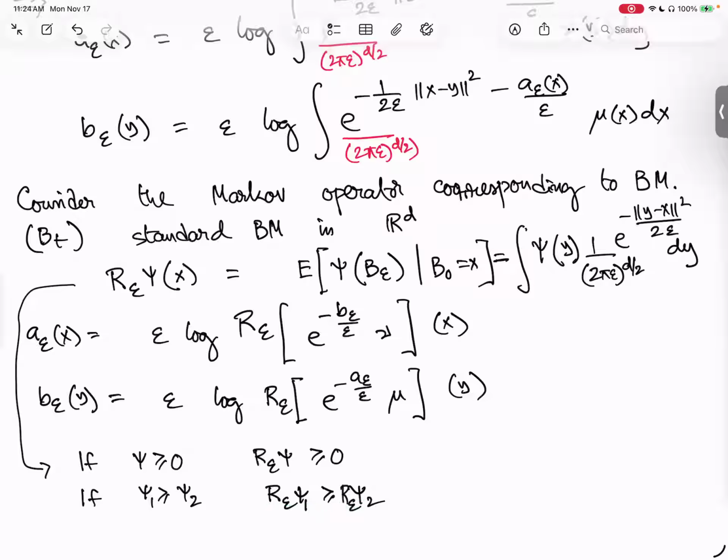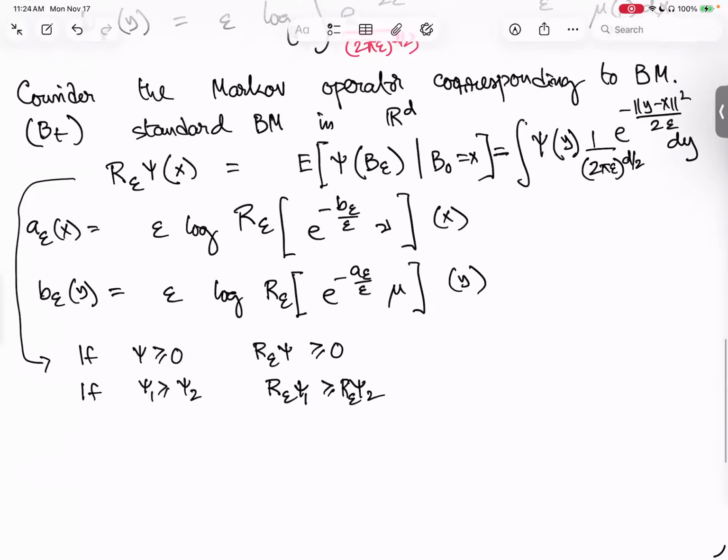Again, same thing. Expectation is a monotone operator. So if I have two functions, one larger than the other, the expectation of the larger function must necessarily be bigger than the expectation of the smaller function. Obvious properties, but we'll use this later. Now from here,